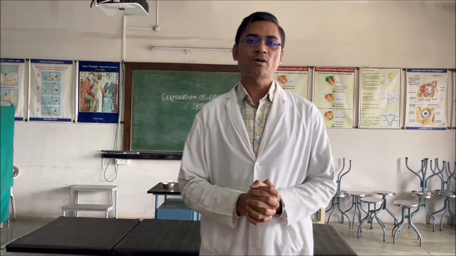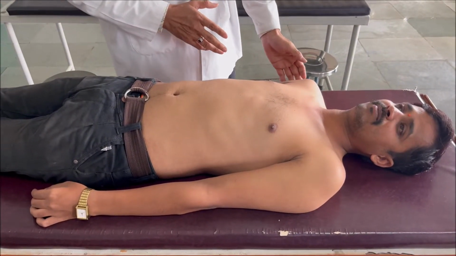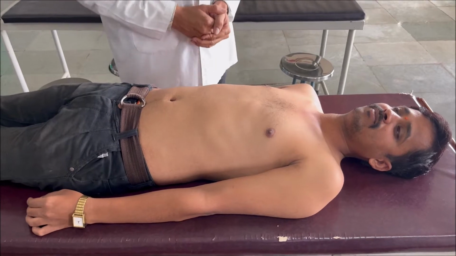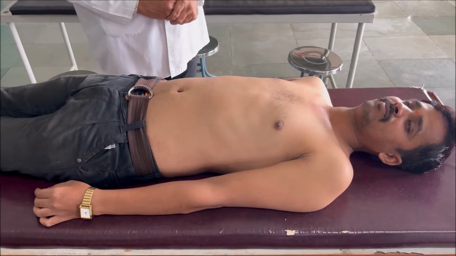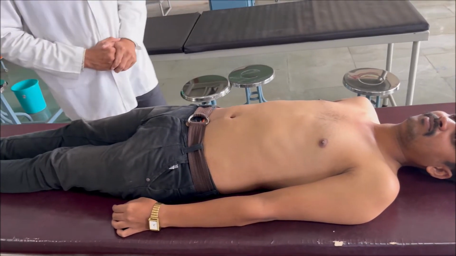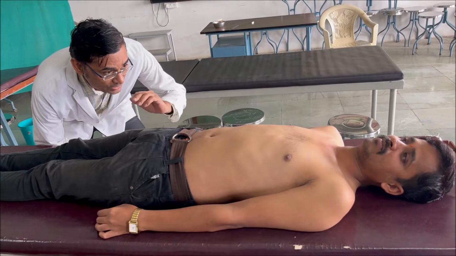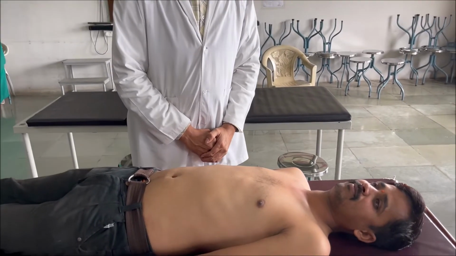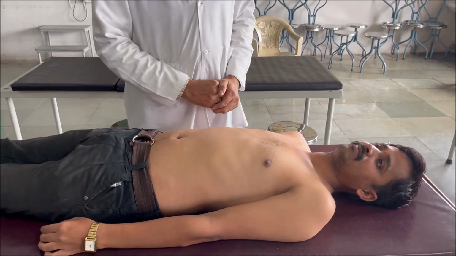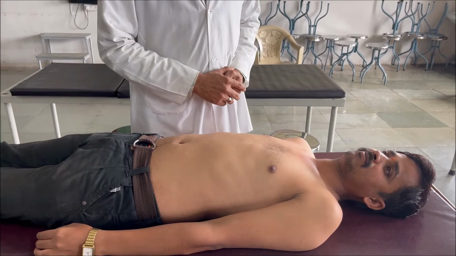To begin with the chest wall, we have to check for the symmetry of the chest wall. Now look at this patient. The name of our patient is Mr. Amol. For this patient, we will check the symmetry of the chest wall from the foot end of the patient. From this side, you have to check tangentially, and from well above. Here in this case, we have seen that the chest wall is bilaterally symmetrical.